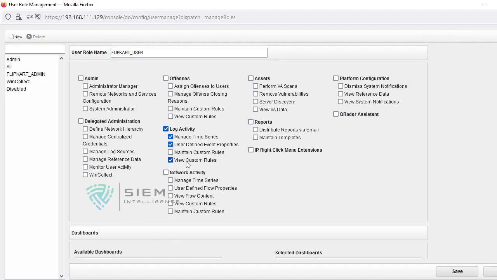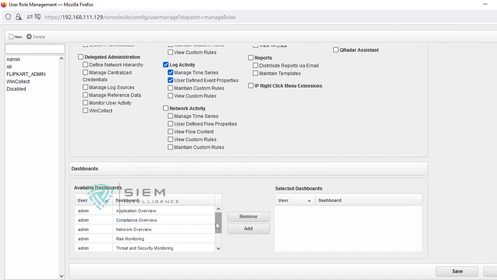He can view custom, he doesn't require any rules. He doesn't want to see all these things, and nothing else is required. He only sees log activity and offense activity. Okay. And monitor user activity is not required anymore. If you want to give, you can give. It's not required. Anything is not required.